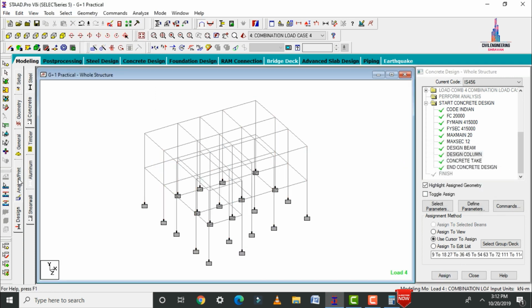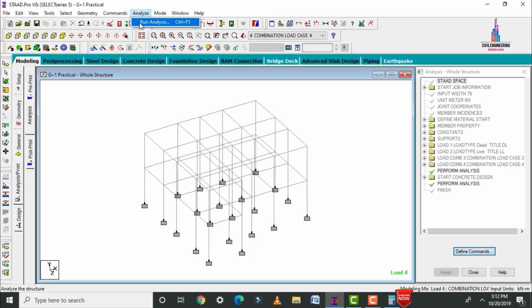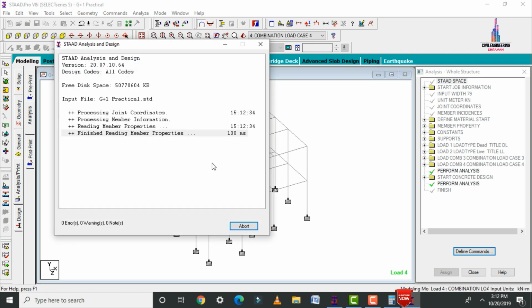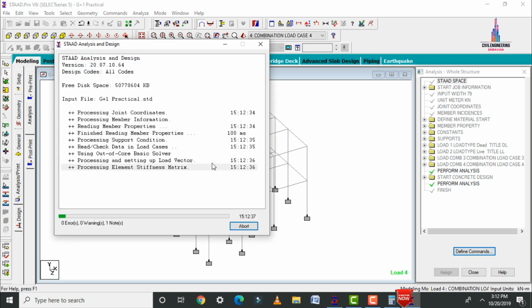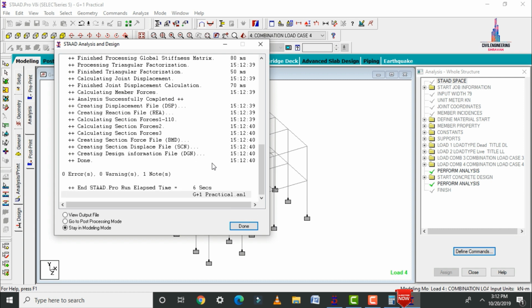After that again go to analysis and print, add no print, close option. Click on assign, analyze option, run analysis, save it. Here we have to check for zero errors for this model again. Basically, in STAAD Pro software it is not possible to design the slab reinforcement details. Depending on the moment values from the analysis part, we need to consider the moments. Based on those values, we need to design this structure by using STAAD Pro V8i software.